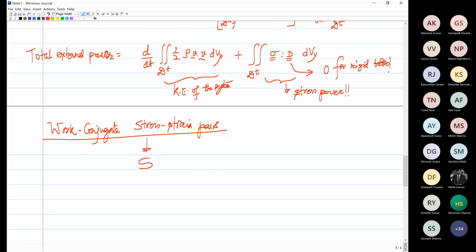Suppose I use S for stress, which can be any measure of stress, okay? But S is also, I have used this for second Piola-Kirchhoff. So I should use something else. So suppose I use T for any measure of stress, okay? And for any measure of strain, suppose I use Z, then this T double contraction Z dot,